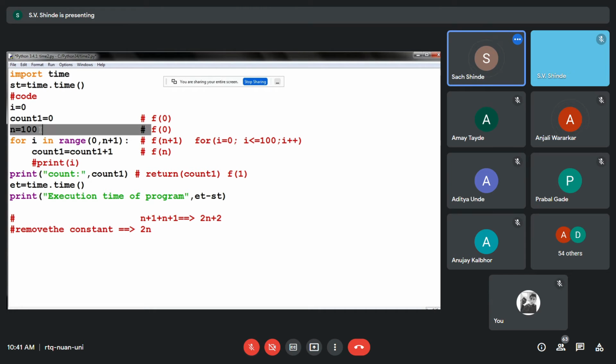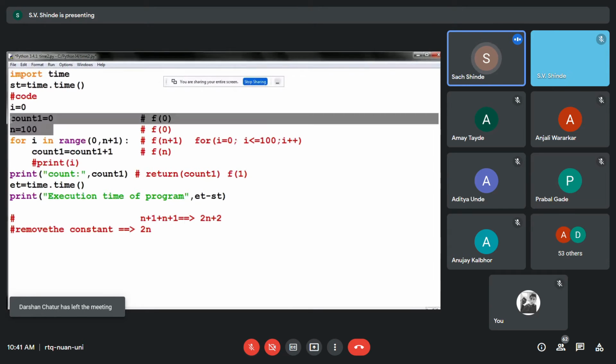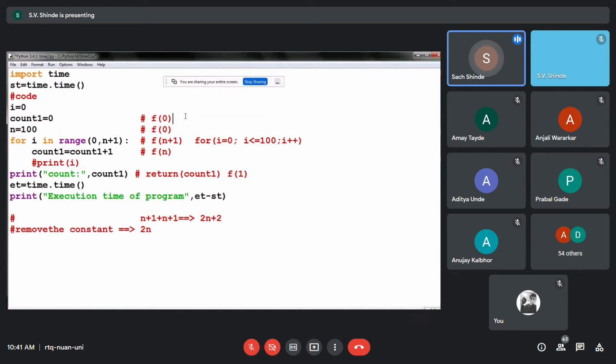This value address is nothing but memory allocation. So count1 also has memory, n also has some memory, and this data, 0 and 100, is stored in that memory location. Therefore we say this is a part of the memory cycle, and just a part of space complexity. So how many variables are we using in this particular program?